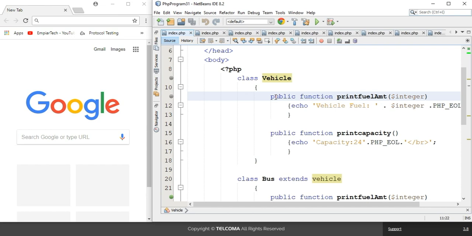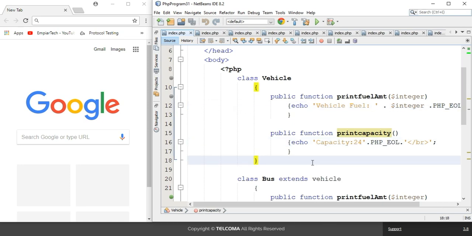In the first function I am defining the fuel of this vehicle. So print fuel amount will print the amount of the fuel, whereas in the other function I am creating print capacity, the capacity of the vehicle. In vehicle fuel I am not displaying any value, and with capacity I am defining the capacity as 24.